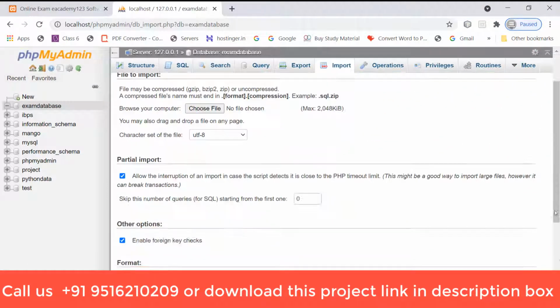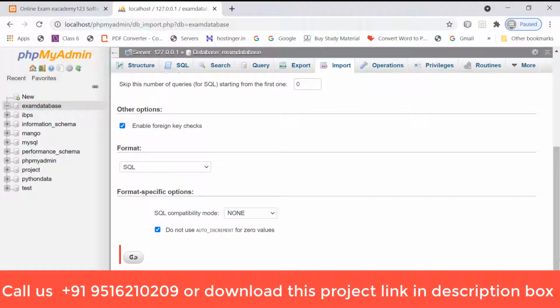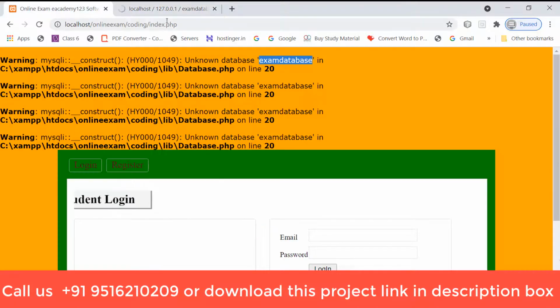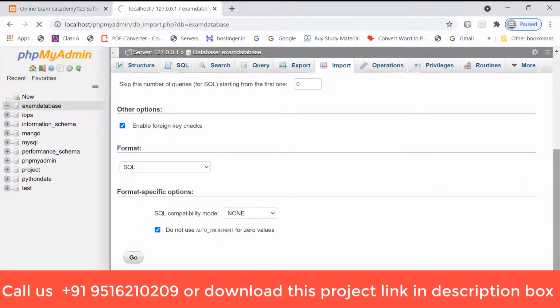Come below and press the Go button. The process is going on, and in a few seconds it will complete, then your database will be ready and the error you are facing will be removed.